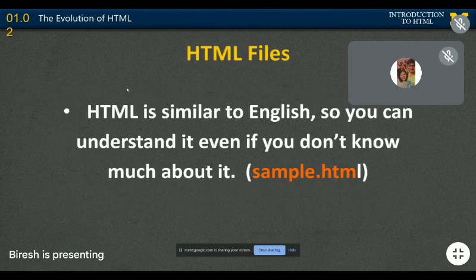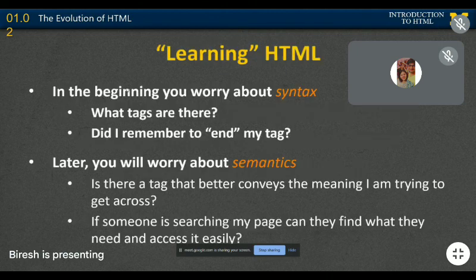HTML is like English, right? As you will see, what they have done is mostly used English words. But you have to get familiar with the English words. All right. So in the beginning, you have to worry about syntax. Okay. All right. Later,